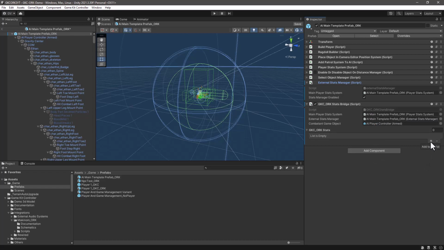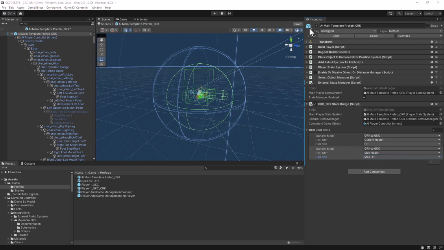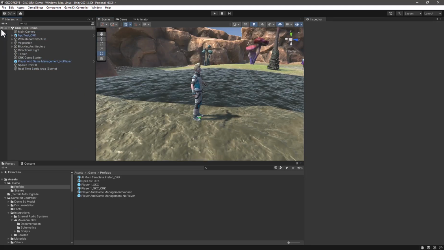Let's click once again in the stats list, and we want to set ORK to game key controller. The current health is going to be mapped to the health itself. Let's add a new one. In this case, the max health from game key controller is mapped to the max HP, and we can leave it like that. Save the prefab, exit prefab mode. Now we have our enemy,